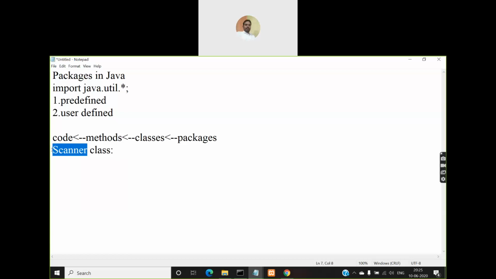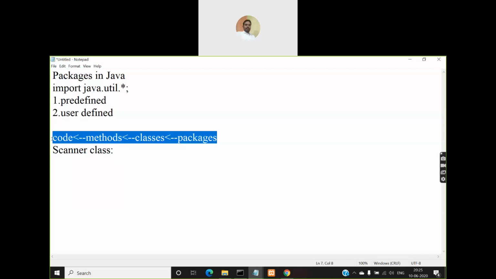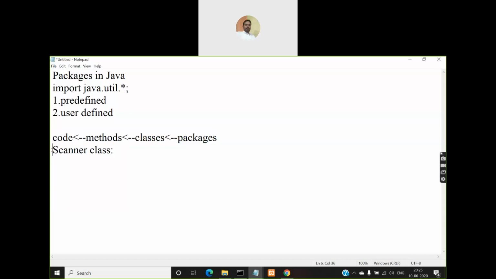Then this scanner, because a class is contained within packages as per our rule, will also be put inside some package. So what is that package? The java.util package. The package name is java.util, right?